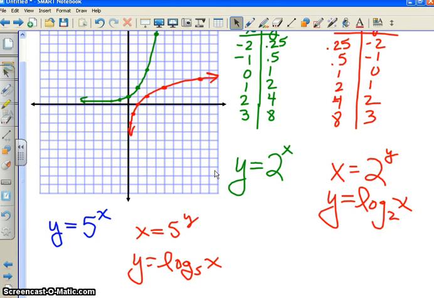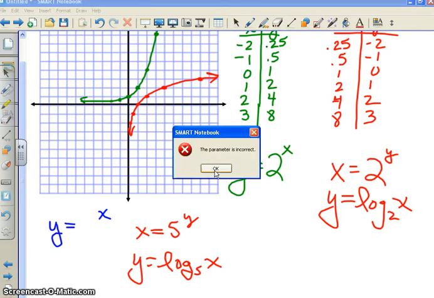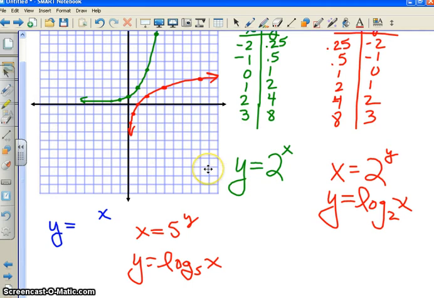The two red equations are the same, and they are opposites of the blue equation. So essentially here, for any exponential function I make, if this is y equals 8 to the x, my inverse equations are going to be x equals 8 to the y, which is the same thing as y equals log base 8